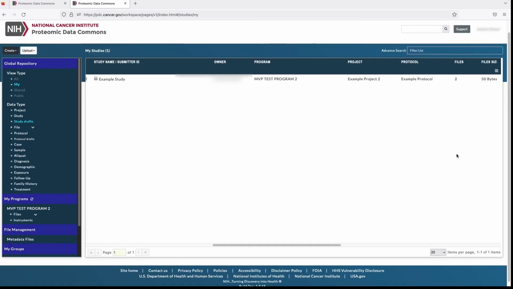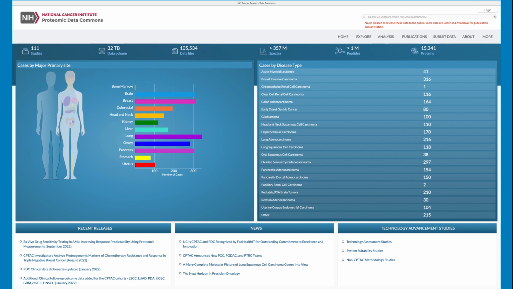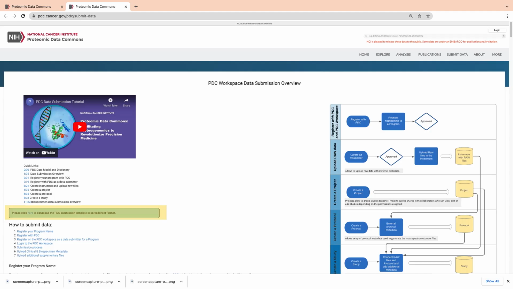Once you complete the study creation, you have the option to upload additional supplementary files, such as clinical supplements and protocol documentation, via the Non-RAW Files options in the Upload dropdown. Now you may upload your clinical and biospecimen metadata using the Data Submission template. If you don't have the template, go to the How to Submit section of the PDC data portal and download it from there.